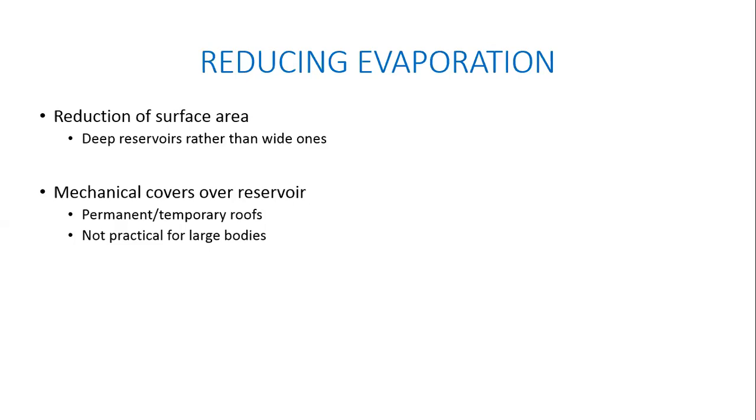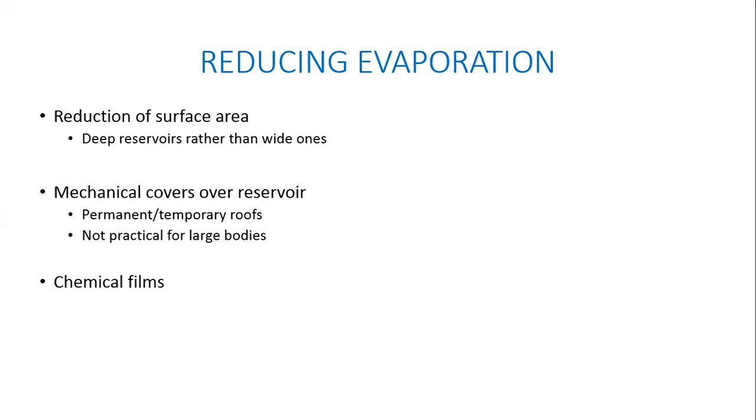Then the third one is to have what is called a chemical film on top of the entire surface. Increasing the salt content is a little bit difficult, right? How do you pour salts into a reservoir and then mix it up? And then what about using that water? You want to use it for drinking or irrigation or whatever. If you mix a lot of salt into it, it may reduce evaporation for sure. But how do you use it again? You'll have to remove the salts and then use it. So it's very expensive, right? You can't do that.